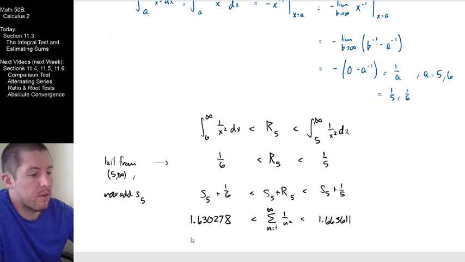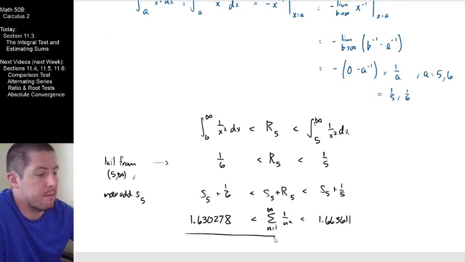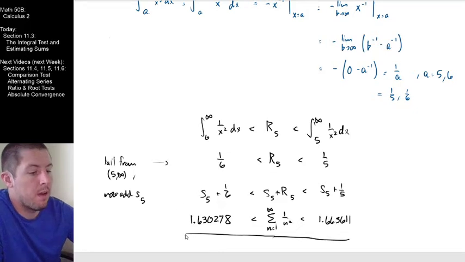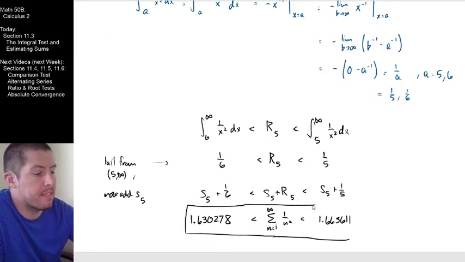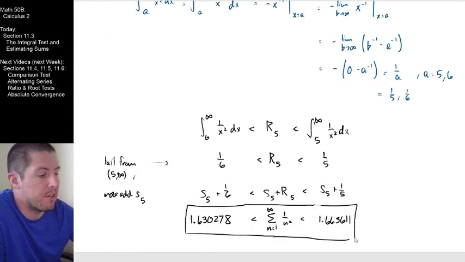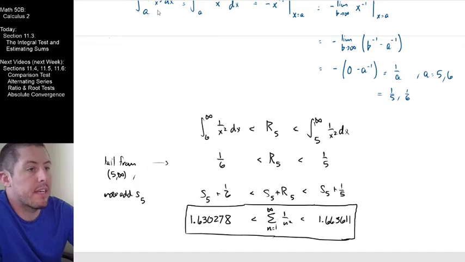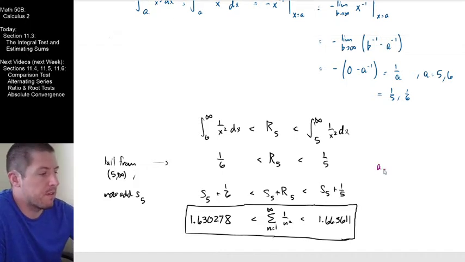All right, so here is our estimate of the value of the series by exactly computing the first 5 terms and then estimating the remaining infinite number of terms as being bounded in between 2 integrals right there. And very excitingly, the actual value of the series,